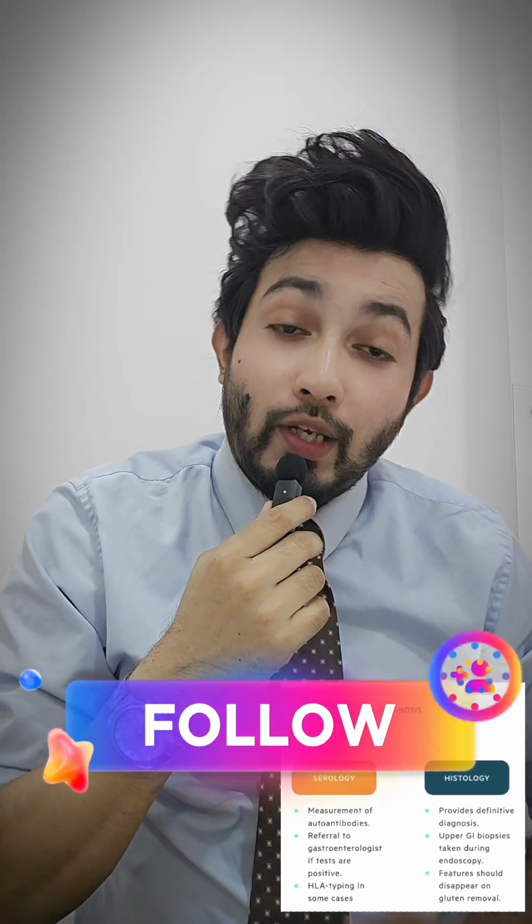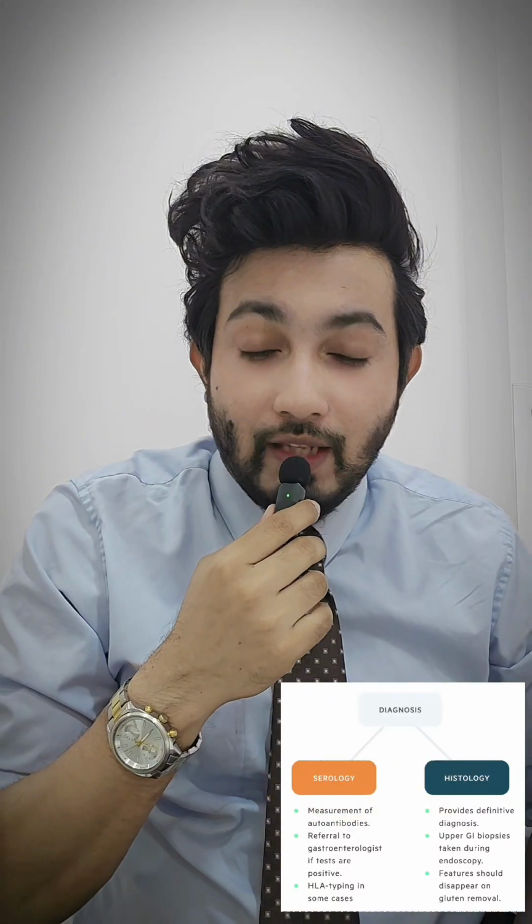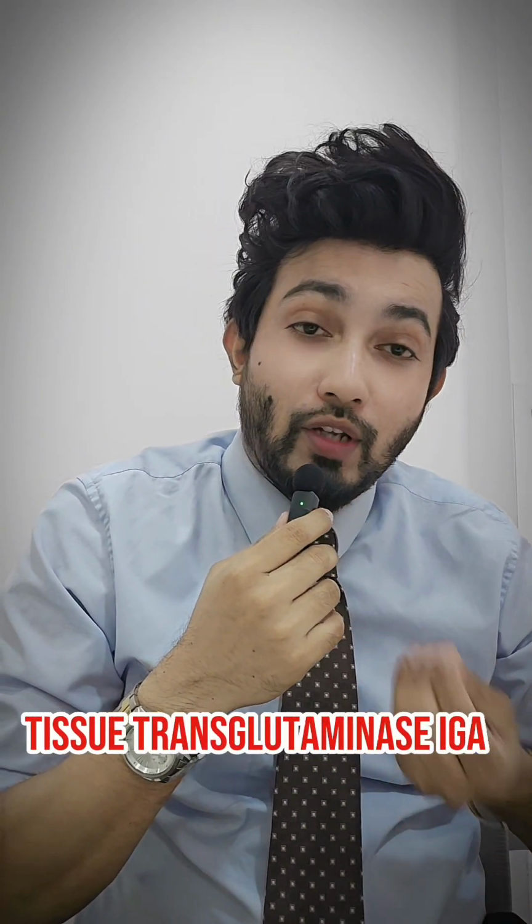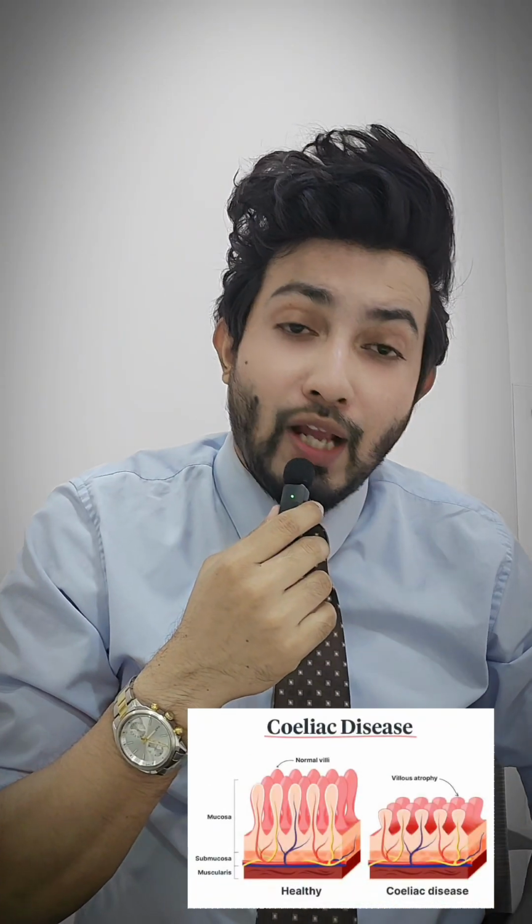When we go for endoscopy, we will visualize the damaged small intestine, and we can take a biopsy as well. In the immunoassay, there will be antibodies known as tissue transglutaminase antibodies. Those are the evidence of celiac disease. When we don't find evidence of these antibodies or damage to the small intestine, then we can label this as gluten intolerance.